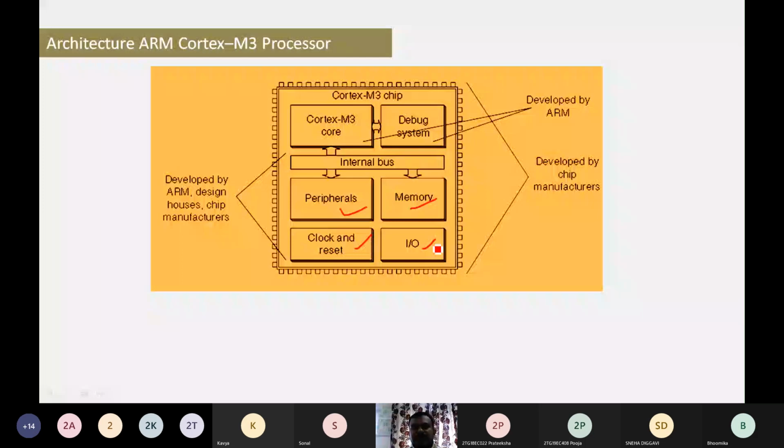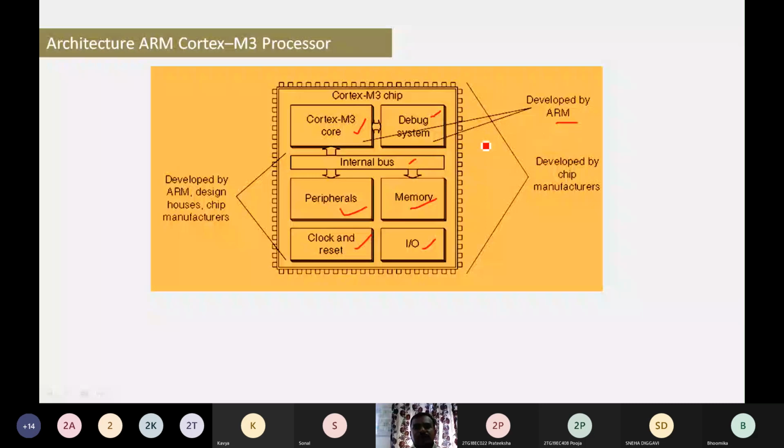So what is added compared to the previous version? Here we find a core known as the Cortex M3 core and the debugging system. These are developed by ARM.